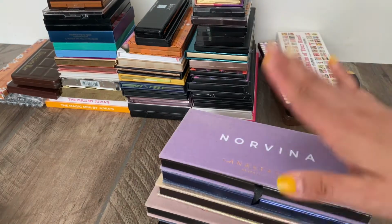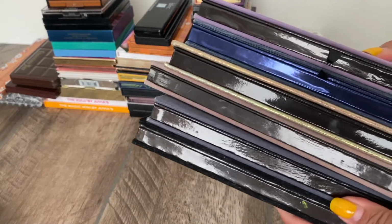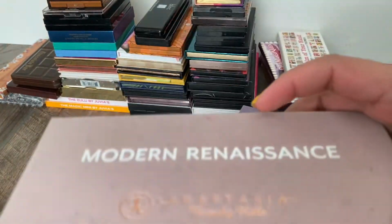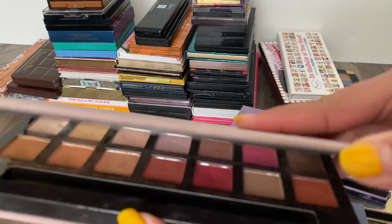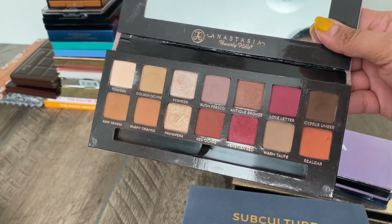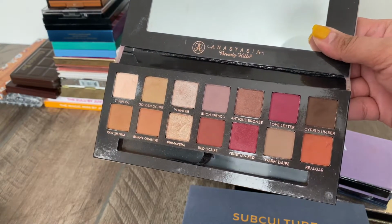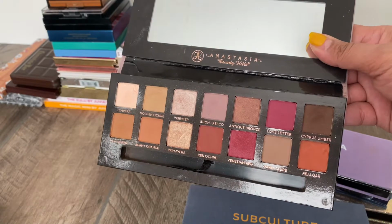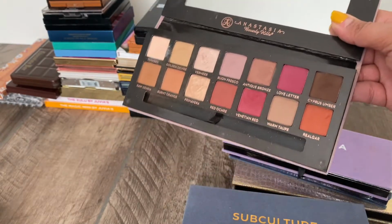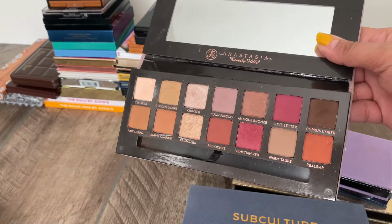Next भनेको Anastasia palette को पालो. So there are 6 Anastasia palettes starting with Modern Renaissance and my favorite, which looks something like that. This is one of my favorite palette, my favorite palette ma parcha, so I am not going to declutter it. Anastasia ko sabai palette rakchu because it's also like a collector piece, so मैले सबै